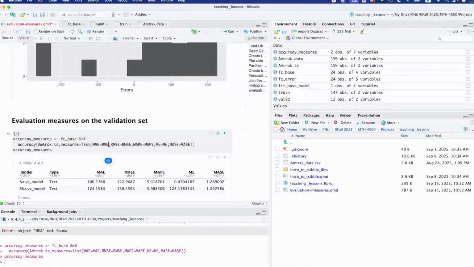Okay, we know that for the seasonal naive model, when we did the base plot, we saw that we have strong seasonality. So we're expecting the seasonal naive model to be better. It's going to help us maybe, but not now. For now, we see that the naive model does a better job compared to the